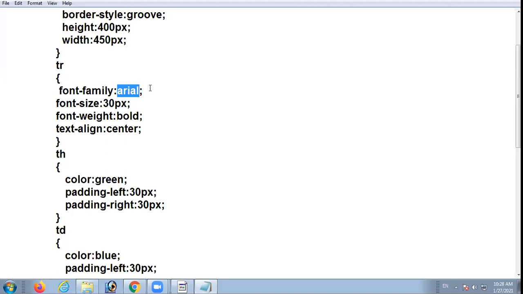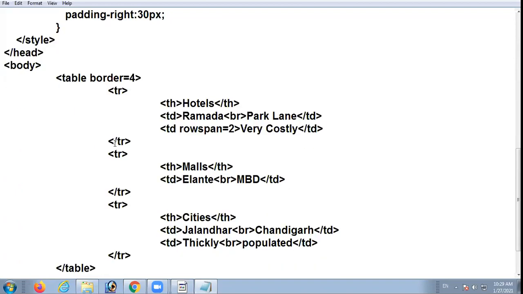I sent you one e-content in which the topic was class attribute. Right? If you want to have grouping-wise setting, then at that time we will use class attribute. In the next lecture, we'll be discussing that. Right? Here I give one option to you. Suppose you want header row in green color, next cell in some other color. So you can set the inline feature in that particular TD.